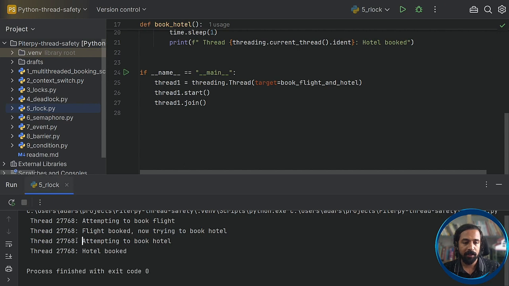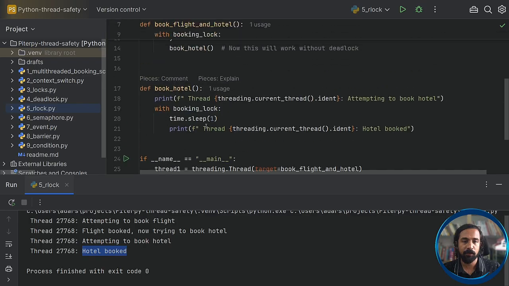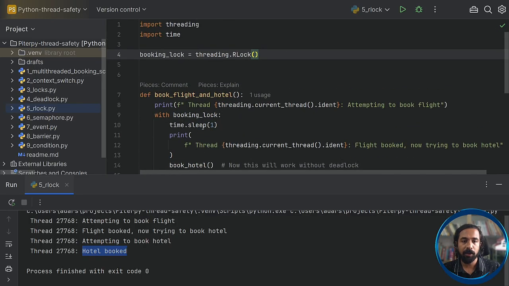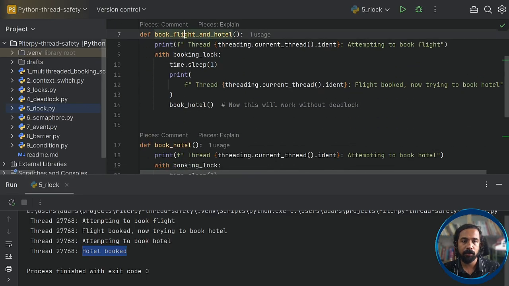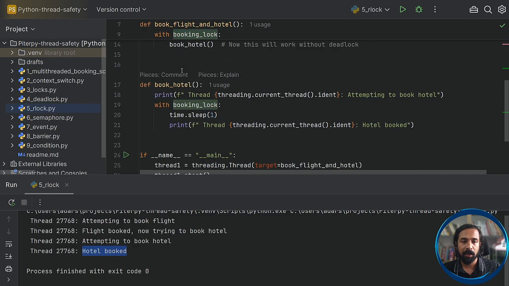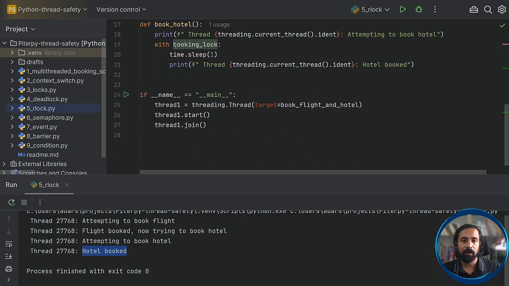So in our case, the hotel booking also gets successfully completed because RLock is re-entrant. So it knows that the function currently holds a booking lock, and when the same thread requests the same booking lock again, the RLock allows it to take hold of the lock in a re-entrant manner, and this booking goes through.